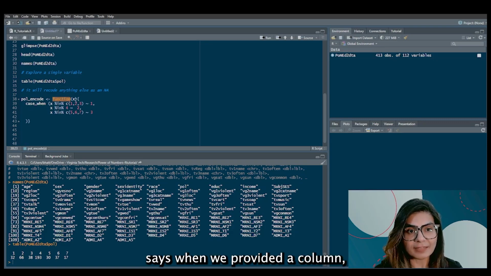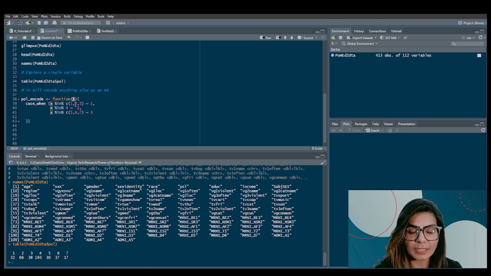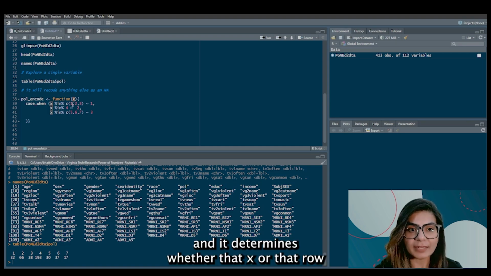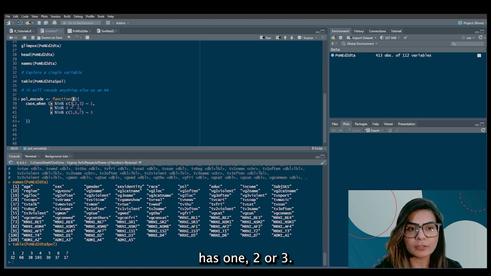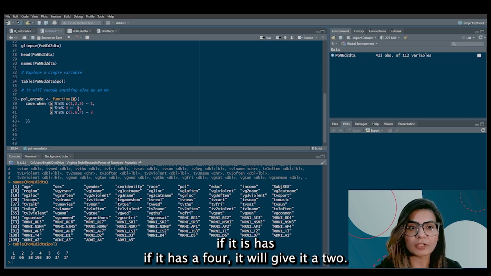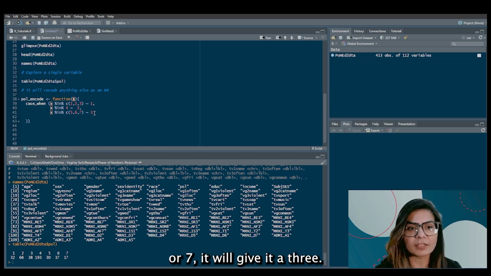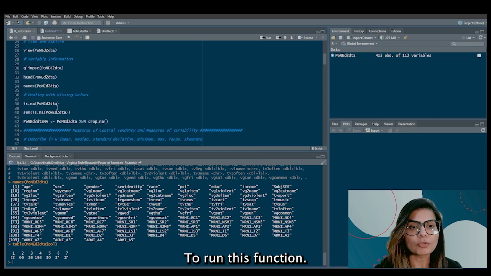This function basically says when we provide a column, it goes through each of the rows X, and it determines whether that X or that row has 1, 2, or 3. And if it has a 1, 2, or 3, it will give it a 1. If it has a 4, it will give it a 2. If it has a 5, 6, or a 7, it will give it a 3. We will save this function as political or pol_encode. To run this function,